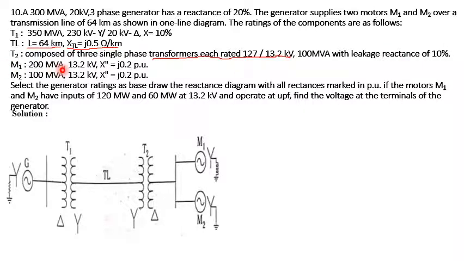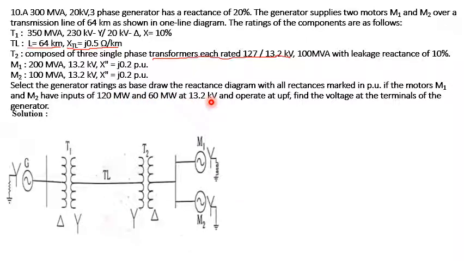M1 is 200 MVA, 13.2 kV, with a subtransient reactance of 0.2 per unit. M2 is 100 MVA, 13.2 kV, 0.2 per unit. So what he says is, select the generator rating as the base and draw the reactance diagram with all reactances marked in per unit. The motors M1 and M2 have inputs of 120 megawatt and 60 megawatt,